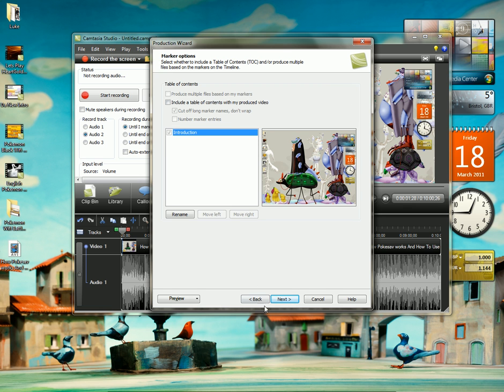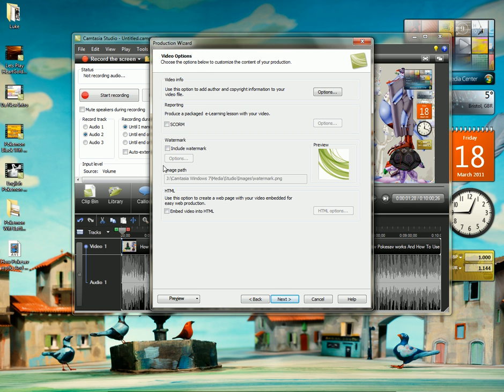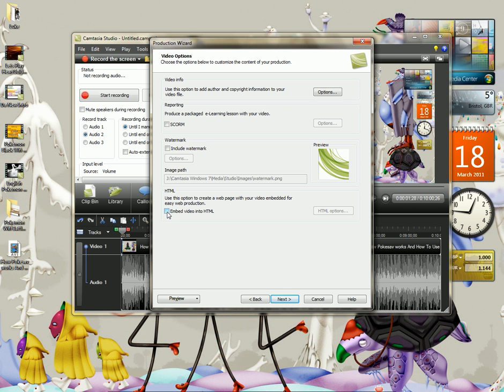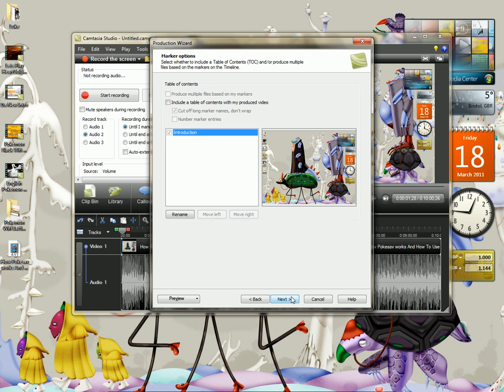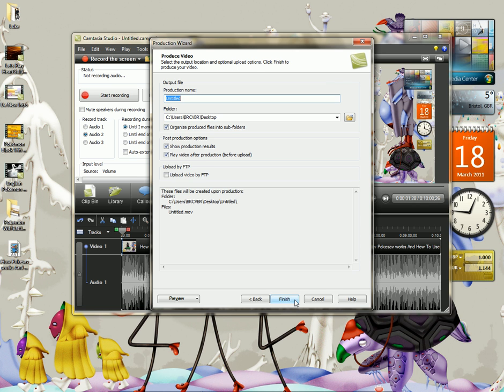When you get to this screen, or you can actually, on this screen, you can put in a watermark if you want. So you can include watermark and you choose an image, and that'll be at the bottom right of your video. Now I'm going to start using one of those soon, but again, we don't need to get into that. Don't click embed video into HTML because we don't need to touch that. Just going to click next. Again, at this screen, we're just going to click next. Now you save the video as